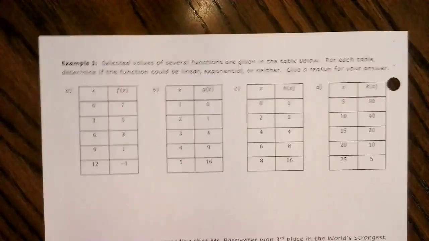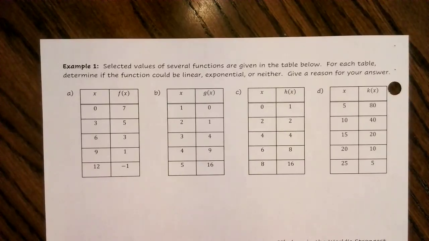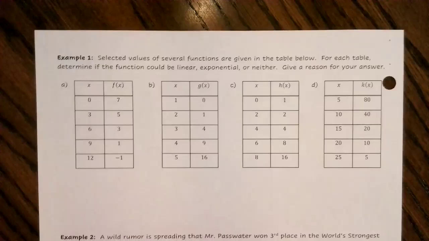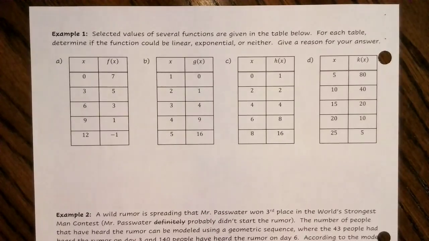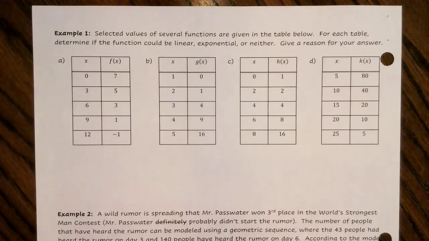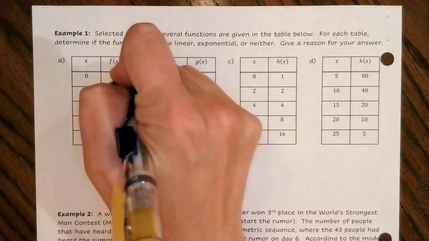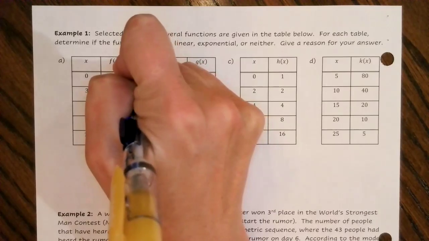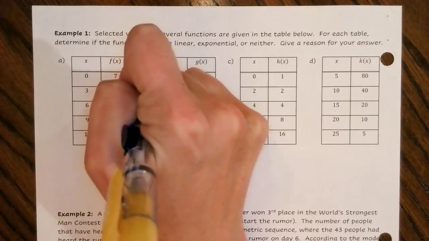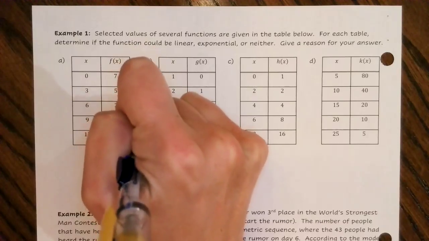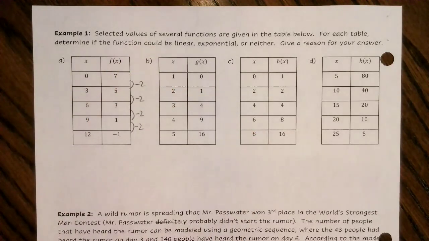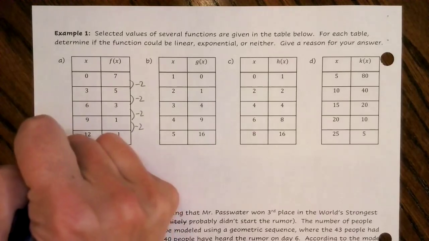All right. So the first thing we're going to look at here is, Mr. Passwaters gave us some examples so that we can work through these. It says selected values of several functions are given in the table below. For each table, determine if the function can be linear, exponential, or neither, and give your reason. So looking at this first table, we have those equal value intervals there. And so I'm going to check my differences here. This went down by 2, down by 2, down by 2 each time. And so this would be considered a linear